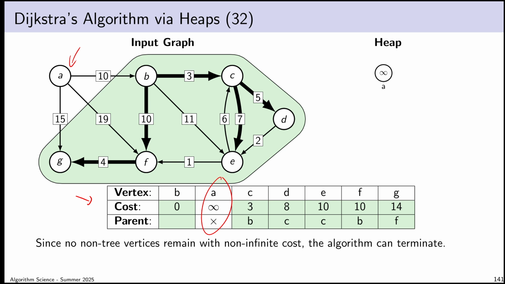In terms of recognizing that case with the heap, well, I could do a remove min and just verify that the cost is infinite, or I could just look at the root of the heap. And if the root of the heap contains an infinity, well, then I'm automatically done. Because clearly, there's going to be nothing below it in the heap that isn't also infinity, because nothing is greater than infinity, obviously. And so that's one other way of evaluating this termination condition.